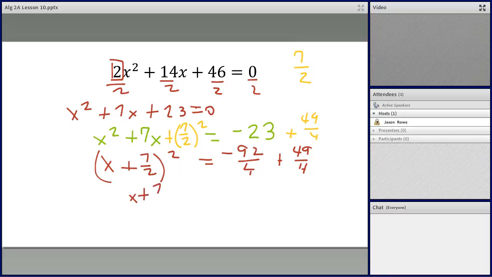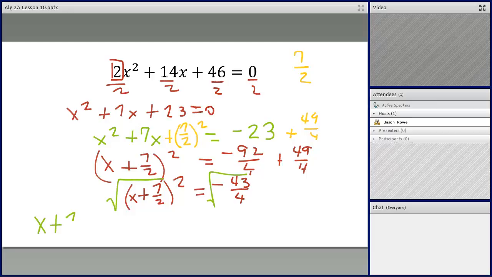We've got x plus 7 over 2 squared equals negative 43 over 4. Square root each side. So we'll try to make some space here. X plus 7 over 2. Now, how do I square root a fraction? Well, the top is not a perfect square root, so I'm just going to leave it. So that's going to be positive or negative